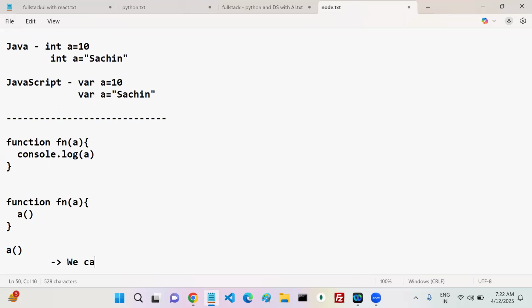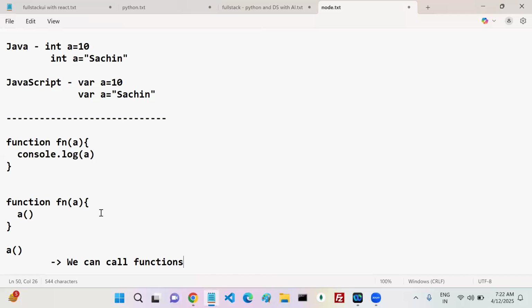We can call functions, right? Whenever you write a statement like this, A calling, you can call functions only. So you are calling A means A should be a function, or not? Yes or no?